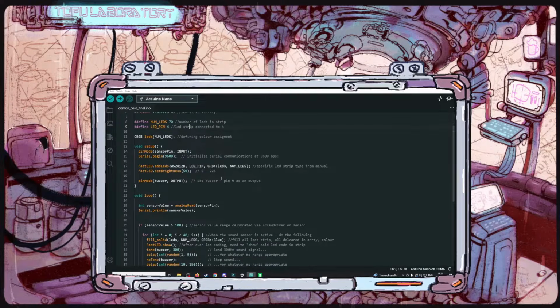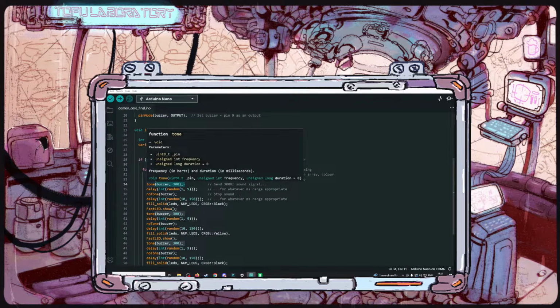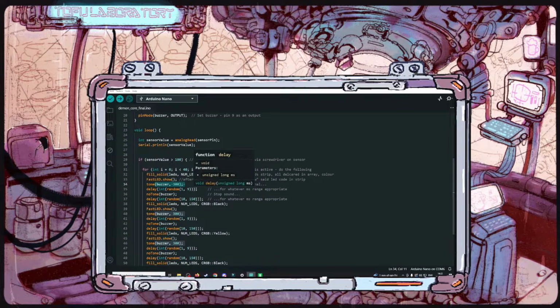I had to define a couple of parameters and mess around a little bit with the sensor calibration. But ultimately, the code is quite straightforward. If the sensor value reaches above 100, a few things are going to happen. I've set all the buzzer tones to be at 300, just something that I noticed was quite consistent with